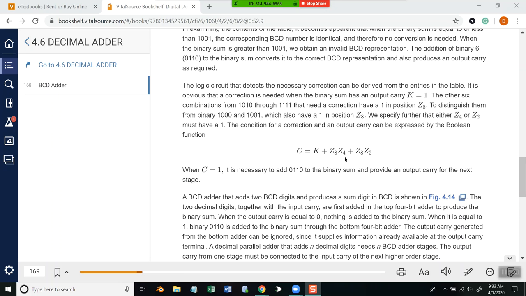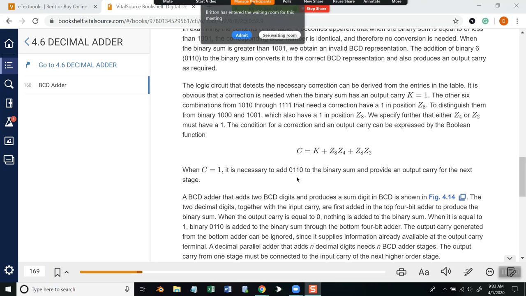They come up with this right here that shows the condition for correction and output carry can be expressed by this Boolean function. When C is equal to 1 it is necessary to add